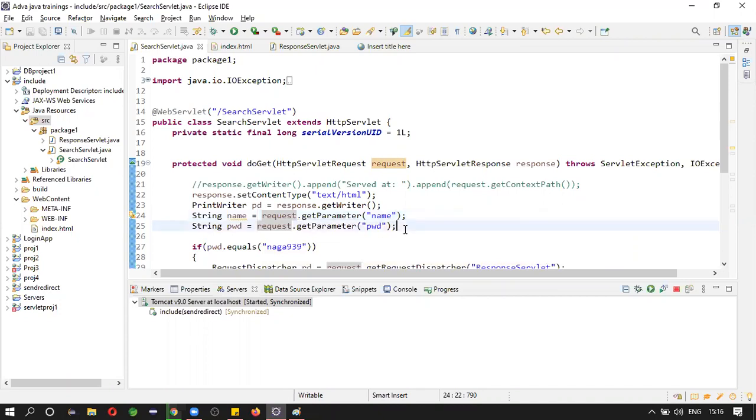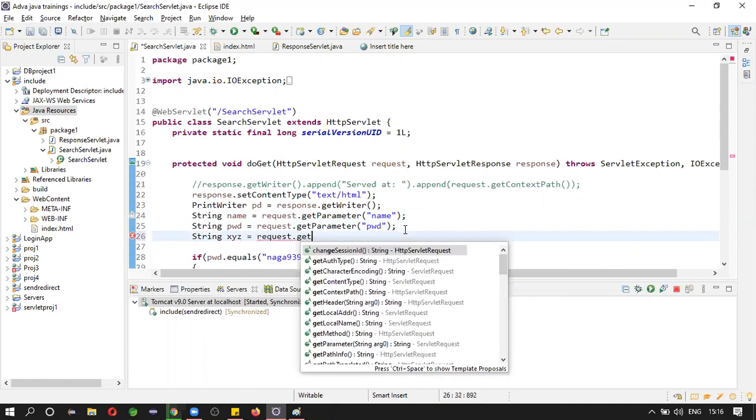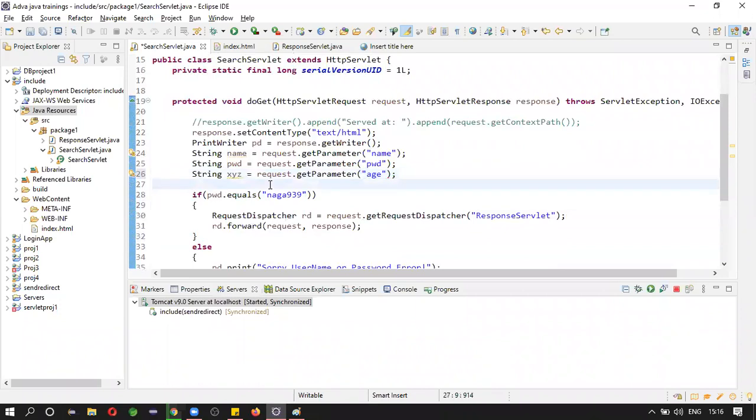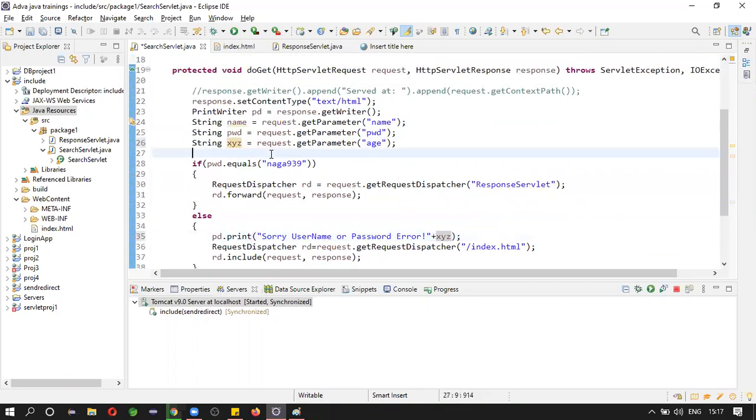Or else, let us say String xyz equals request.getParameter of age. Do you have age? Let us print xyz here, and also print it on the console, just for testing purposes.